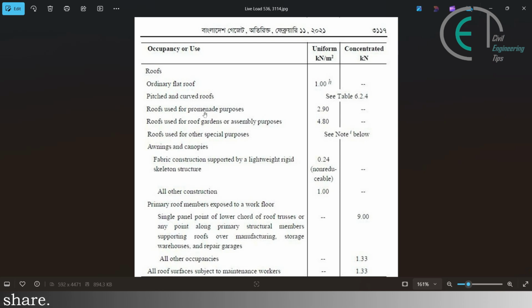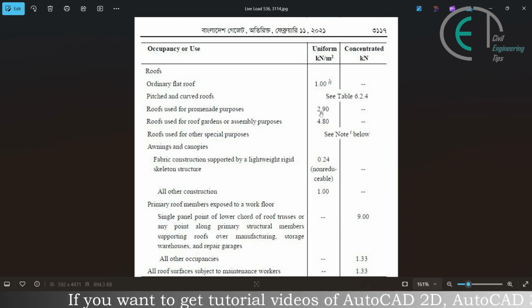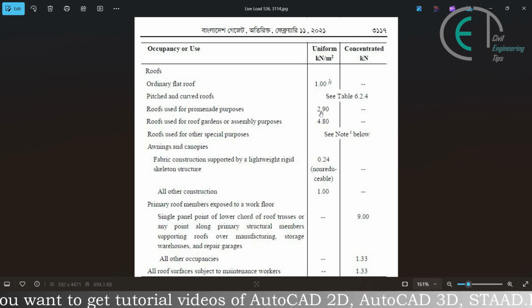The next type of roof is used for promenade purposes and it is 2.9 kilonewton per meter square. If your roof is not used for gardening and parties like marriage ceremony or new year parties, birthday parties, then it is just a simple roof and we can go to the roof for taking some fresh air. That type of roof load will be 2.9 kilonewton per meter square